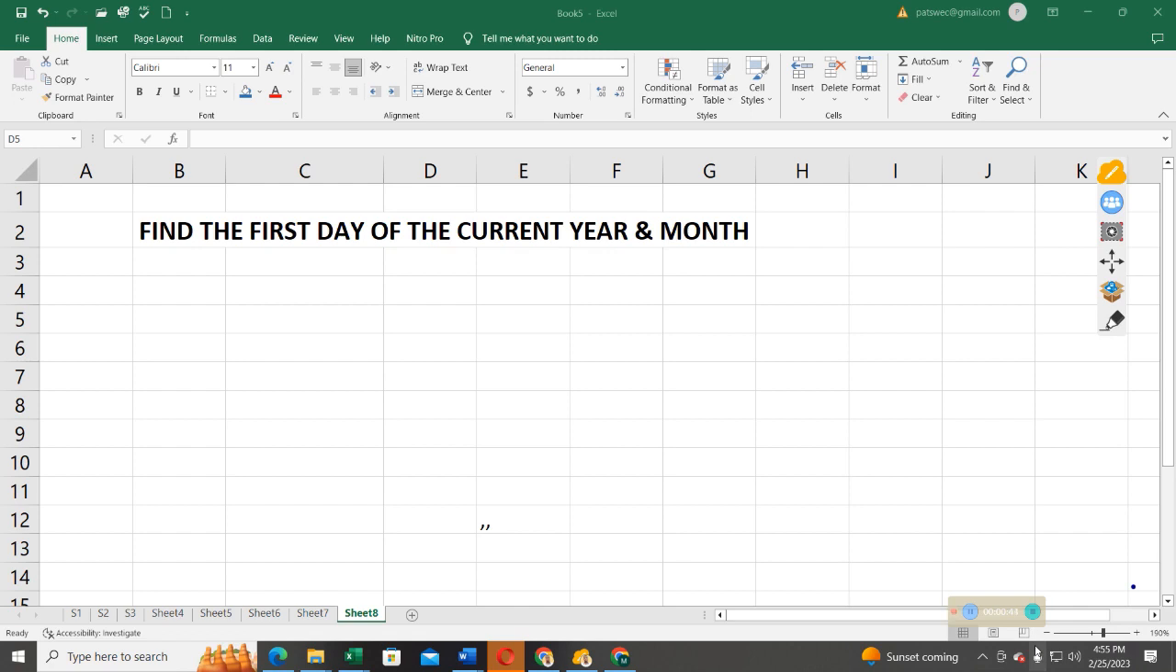And today we are going to see how we can find the first day of the current year and month. Right now, we are in the year 2023, and we are going to see how we can find the first day of this year and then the month of this year. First of all, we are going to see the function we're going to use, and to do that, we first type